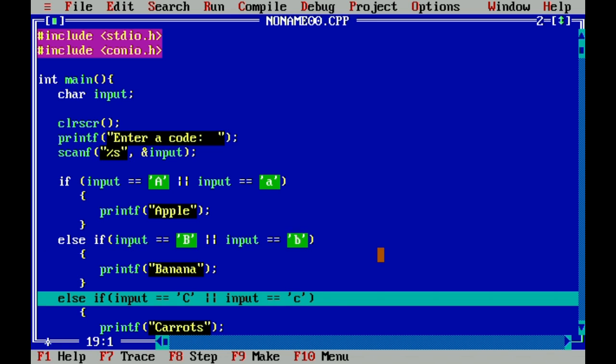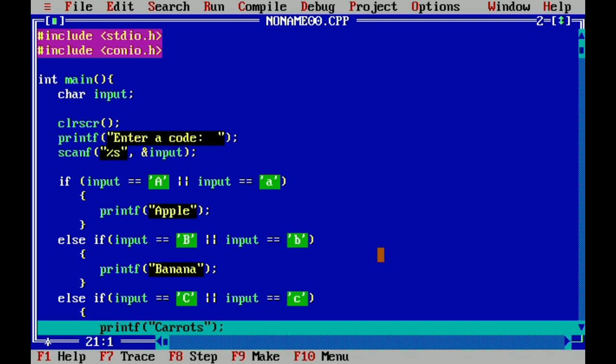If not, it moves to the next else if. Once it is equal, that's when printf will be performed.